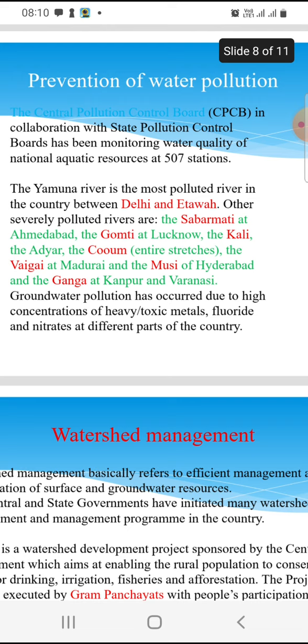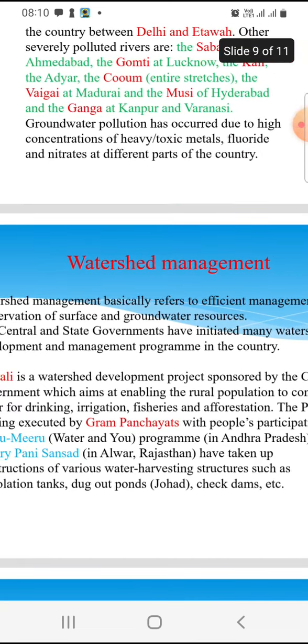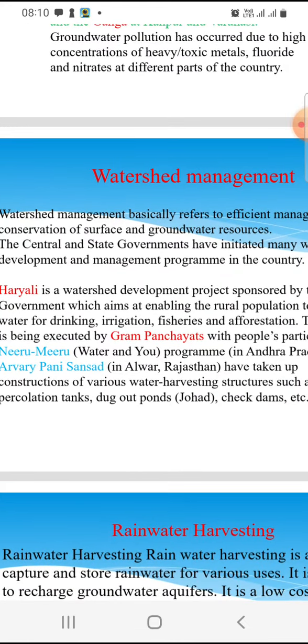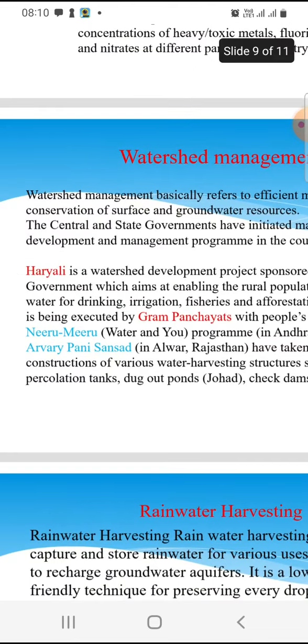Groundwater pollution has occurred due to high concentrations of heavy toxic metals, fluoride, and nitrate in different parts of the country. Next, watershed management, which is very important and has been given importance in every part of the country.